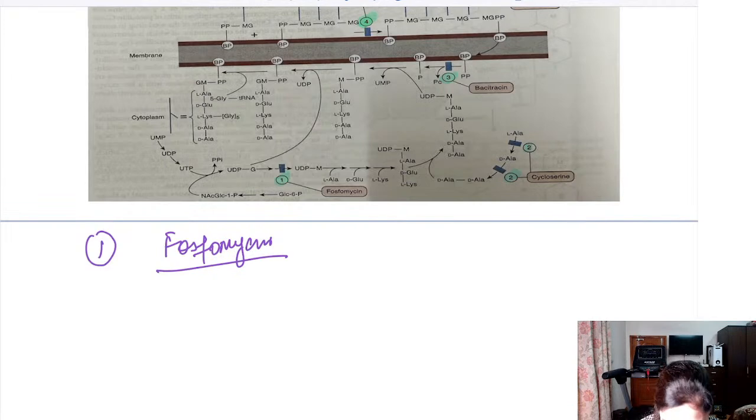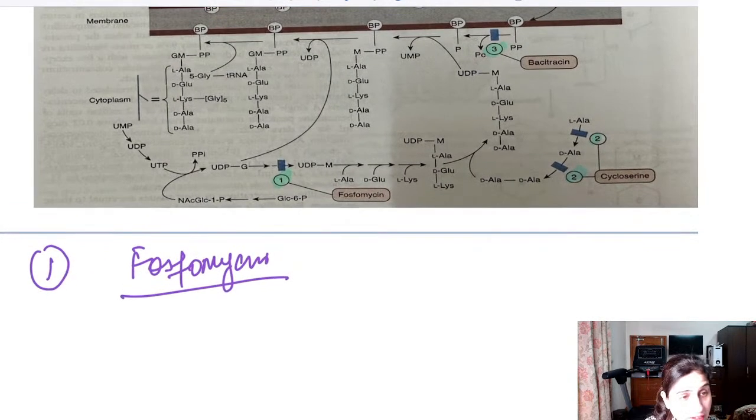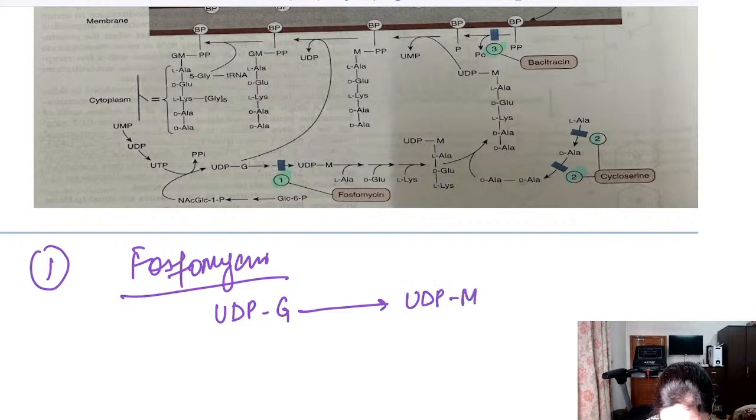Fosfomycin inhibits the first step, and what happens in that first step is that it inhibits the formation of NAG to NAM. You know that NAG and NAM are two building blocks of the cell wall of the bacteria. So UDP-G to UDP-M, this is blocked by fosfomycin. And in this also there is an enzyme which is present,